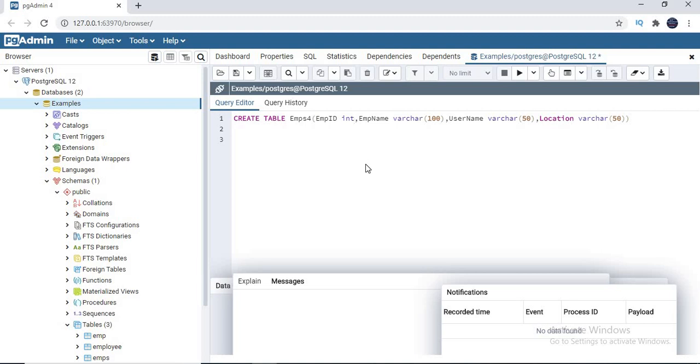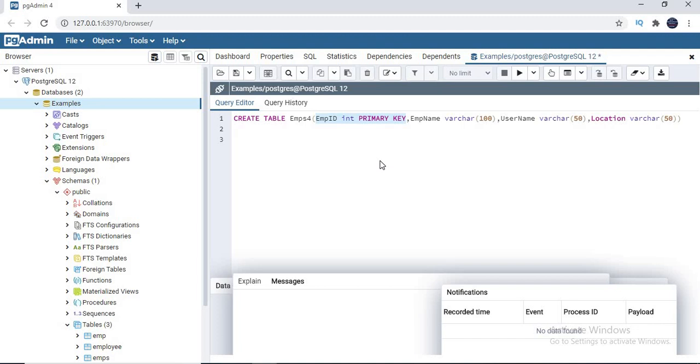How to add it? You can simply specify the column name, data type, space, primary key. Primary key, spelling. See, I am specifying employee ID as a primary key. If you remember, I mentioned it internally creates an index. It means that it is internally creating something. So if something is created internally, it needs a name, right? So here I am not specifying the name of that particular object.